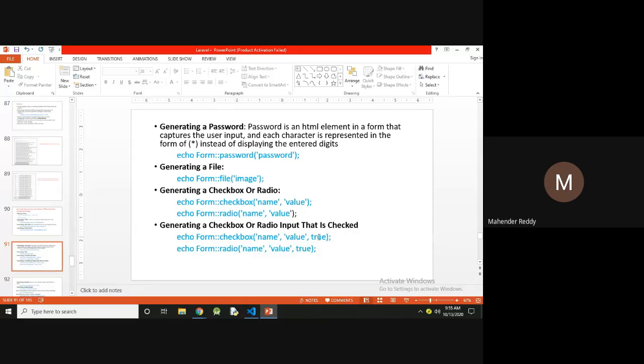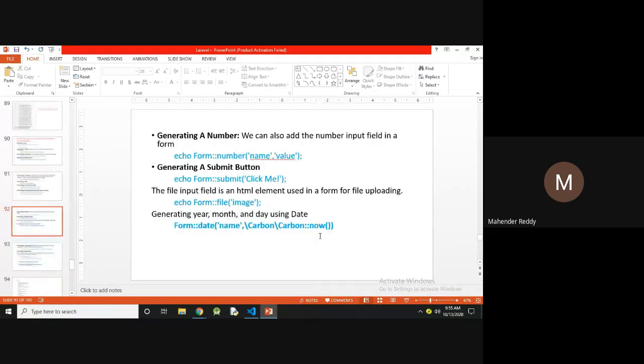If you want to set the default to checked, you specify the third argument as true. Then the number, submit button, file. If you want to upload any image, you can use Form::file. Then it will get the uploaded data. It will ask you to browse the information, like that.